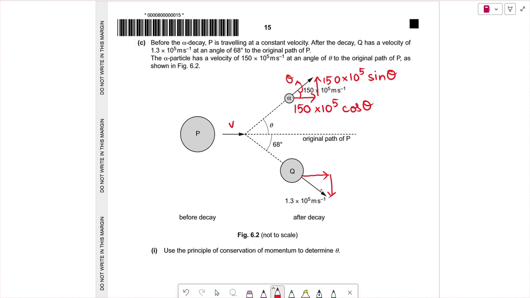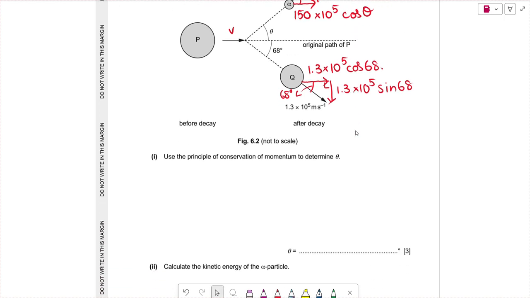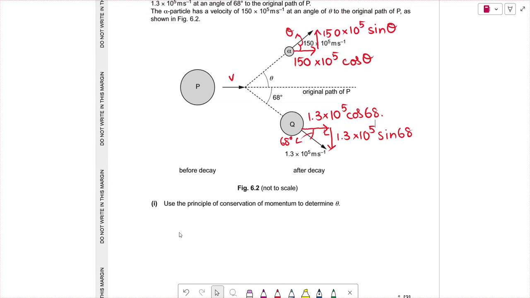Now let us draw the components for the velocity of Q. If this angle is 68, then this angle is also 68. So the component opposite to 68 degrees will be 1.3 into 10 to the power of 5 sine 68, and this horizontal component will be 1.3 into 10 to the power of 5 cos of 68. Now, based on the principle of conservation of momentum, his initial